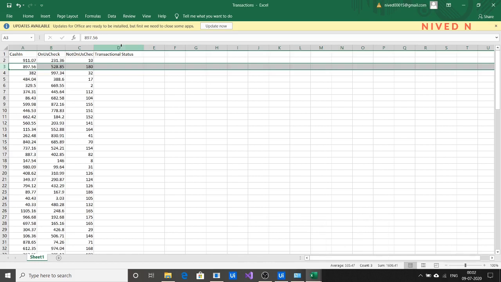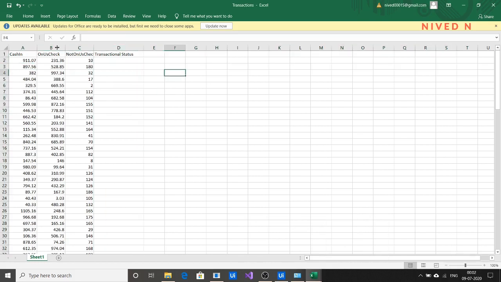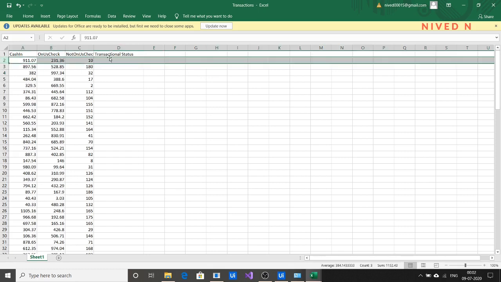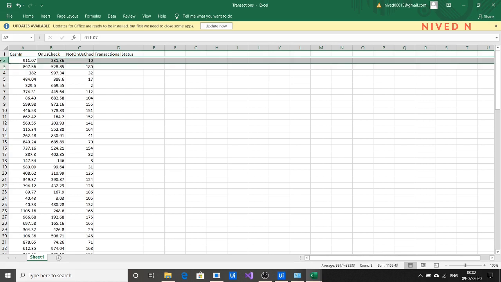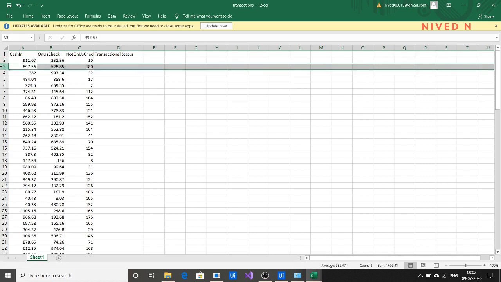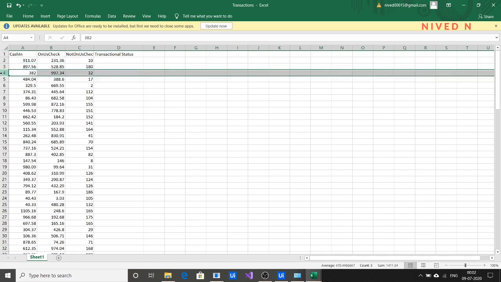It is in D column. Okay, and for the first transaction it should be D2. Cell should be D2, and for the second transaction it should be D3. For the third transaction it should be D4. Okay, so the cell should be D, 1 plus transaction number.